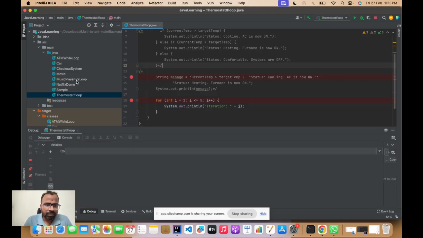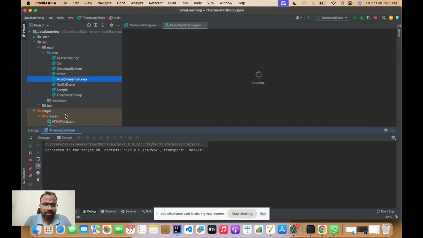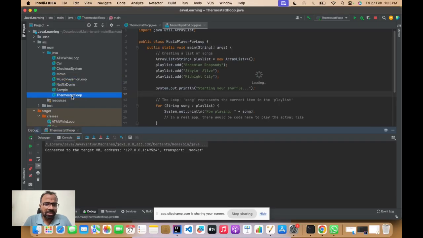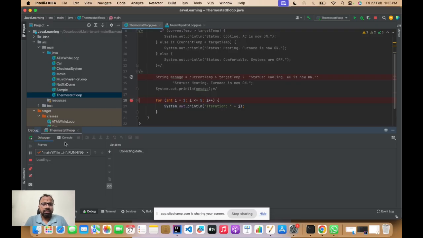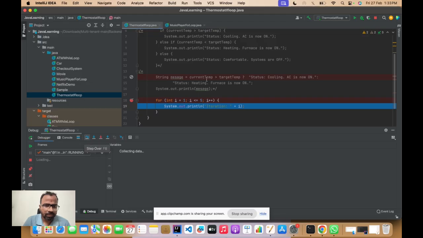One more example, let's check the music player. So if you check, it has come to that position there. If you check the console, nothing has been printed. So now it will print i is 1. And it has printed i equals 1, right? If you again go to the next step,